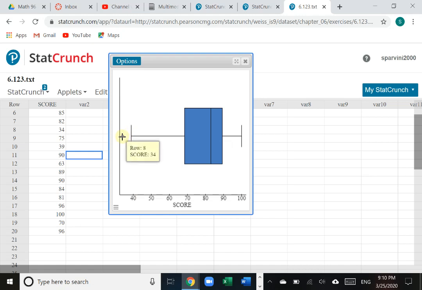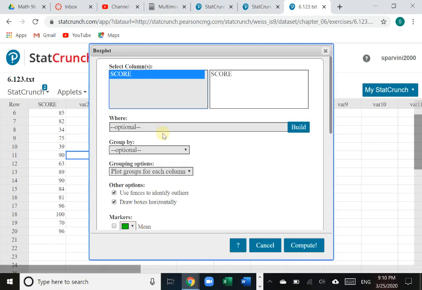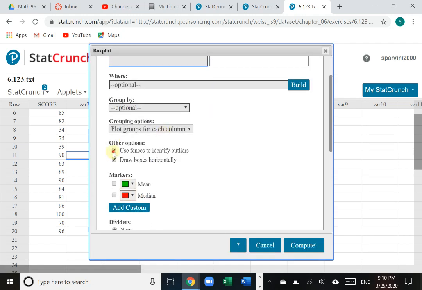This outlier is that score of 34. So what StatCrunch does, because I had one of the options, let me show you my options, edit. What I had also checked was this option. You see that? Use fences to identify outliers. That was checked. So the software checked for outliers, and 34 was deemed an outlier, and that's why the fences